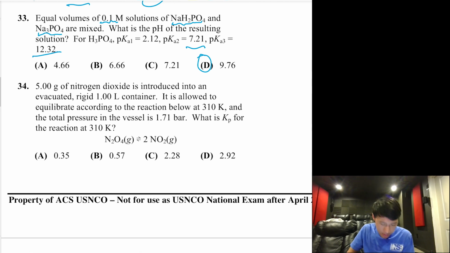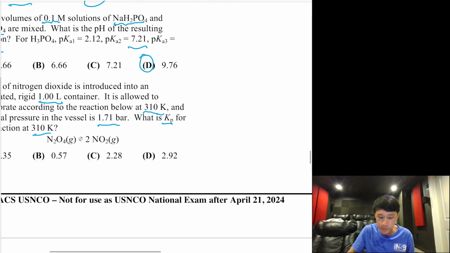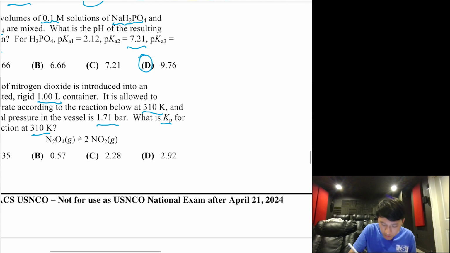Problem 34. 5 grams of nitrogen dioxide is introduced into an evacuated rigid 1-liter container. It is allowed to equilibrate according to the reaction below at 310 Kelvin, and the total pressure in the vessel is 1.71 bars. What is the Kp for the reaction at 310 Kelvin? So to start, we should figure out how much nitrogen dioxide is added in terms of pressure. So we can do that by finding the amount of moles of NO2 and then converting that to pressure with the reaction conditions. So we know that 5 grams,